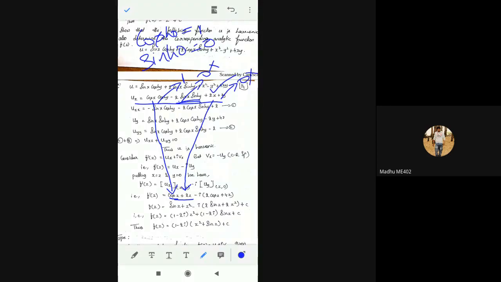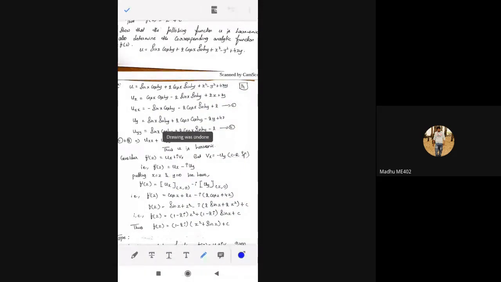Next, this is over. What sign do we have? Minus sign we have. Yes, we wrote as it is. Next, i we have as it is. Now uy, where is uy? Yes, here we have uy. Same thing, sin z into sin hyperbolic 0, which is 0. So 0 into anything is 0. This can be neglected. Now this one, 2 cos z. See, 2 cos z into cos hyperbolic y, which is 1. So it is 2 cos z into 1, 2 cos z. Like that we got. Next, minus 2y. It is 0, and can be neglected because y is 0. And this one, 4z, as it is.